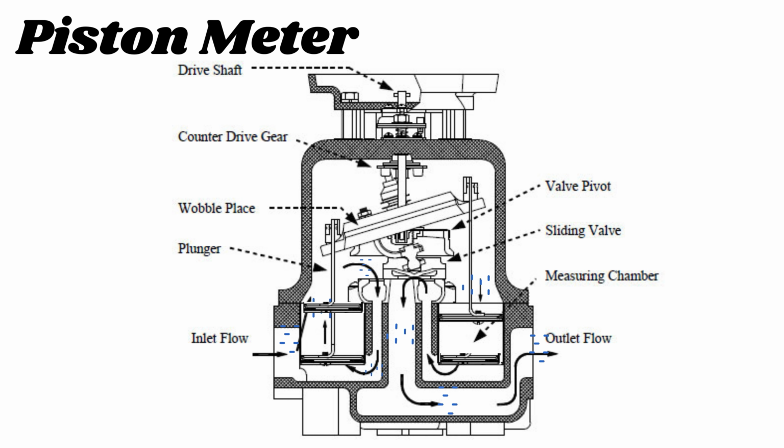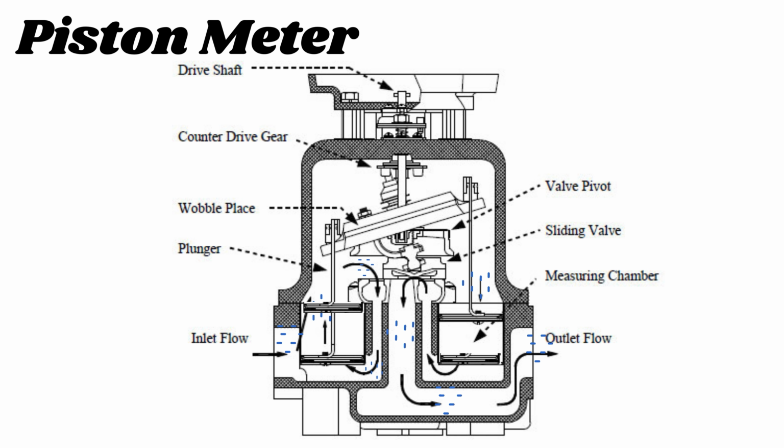Piston meters. Piston meters consist of a rotating piston inside its chamber. It has a known volume. As the liquid passes into the chamber, the piston displaces the volume of the liquid. While the chamber fills up and empties, the piston rotates. The rotating cycles are counted by which the total volume of liquid is determined.